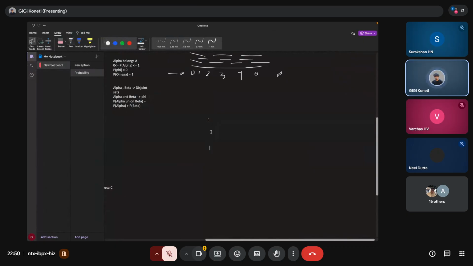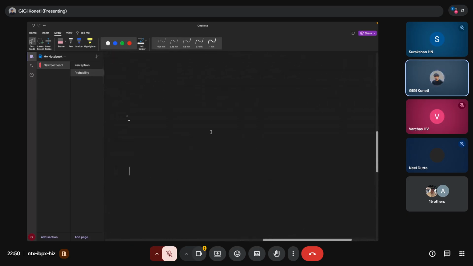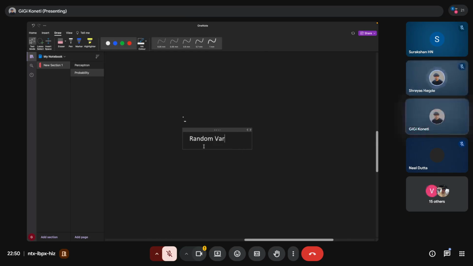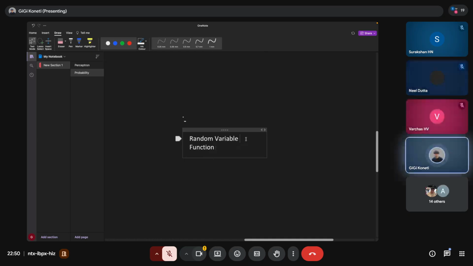So we'll be going to another topic. It is not another topic, but understanding certain functions inside the overall space, that is the probability space, that is random variable. So a random variable, we can say, is a function. Generally we represent this with capital X in probability. So it is nothing but a function which is mapping from a